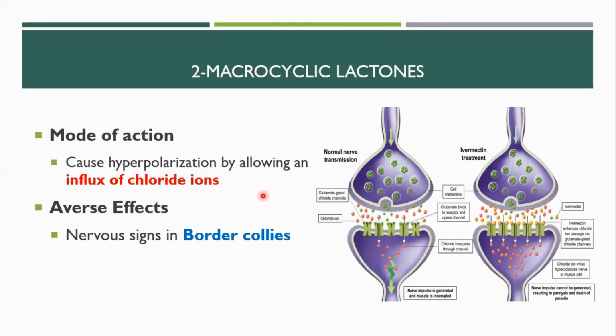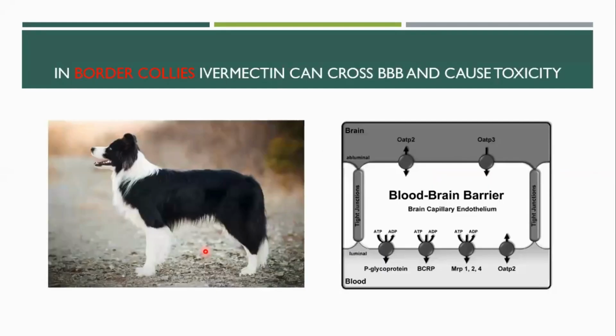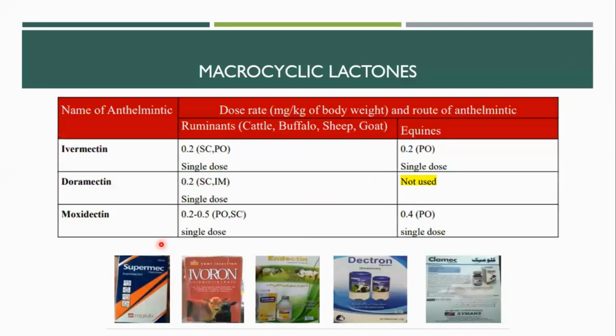So this is how they kill the parasite. Then macrocyclic lactones are contraindicated in border collies because they cause nervous signs in this breed of dog by crossing the blood-brain barrier. So you must be very cautious while using ivermectin or any other macrocyclic lactone in border collies. Then these are some of the common examples of this group: ivermectin, doramectin, moxidectin, and their respective dose rates